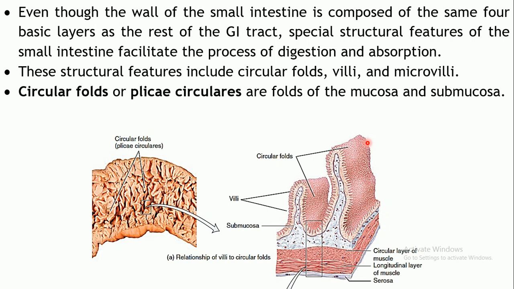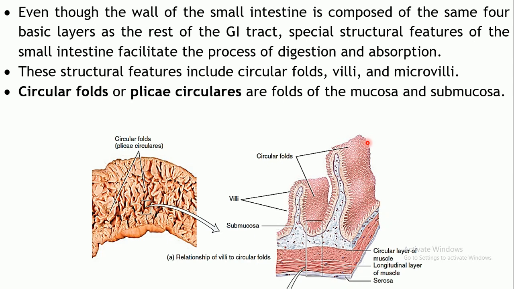So imagine if it was a small surface area, the entire amount of nutrients from the food wouldn't have been absorbed into the blood circulation, right? It would have just gone to waste if there was no vast absorptive capacity of the small intestine. First of all, the length of the small intestine is very long, as we have seen, it is 3 meters. So it is providing a very large surface area.